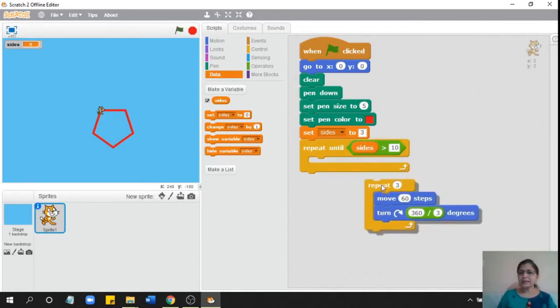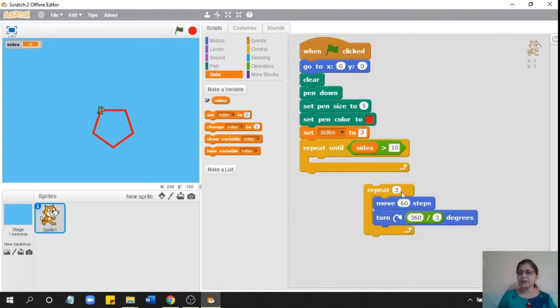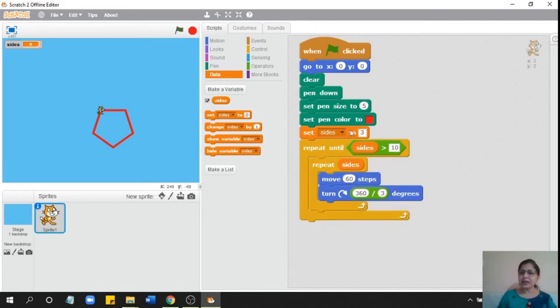And here, instead of saying repeat 3 times, I will say repeat sides times, because sides is initially going to contain the value 3. I have set sides to 3.